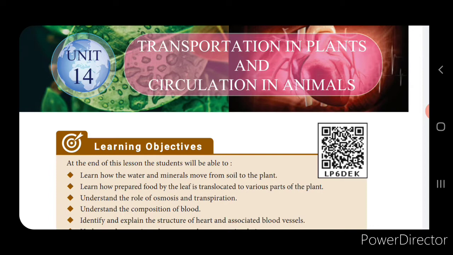We saw the components of blood, the different types of corpuscles, that is WBC, RBC, and blood platelets. And we have also seen the difference between the arteries and veins. Today we are going to see about the types of circulatory system, structure of heart, heartbeat, heart pressure, and regarding the blood groups. Let's go into the session, children.